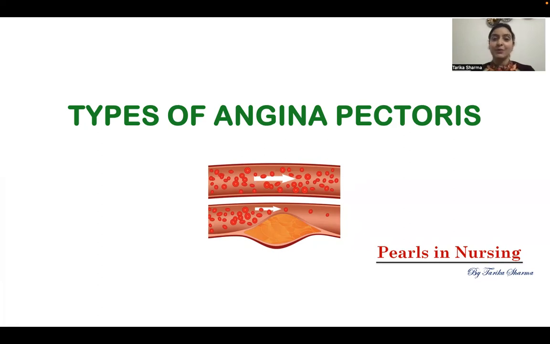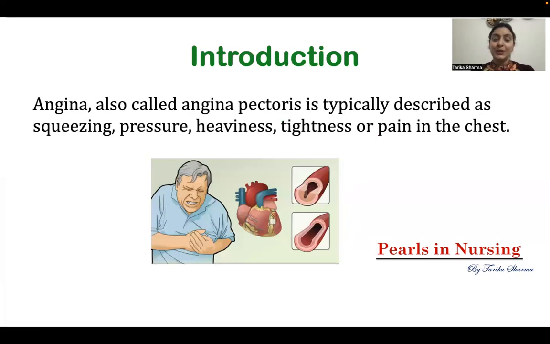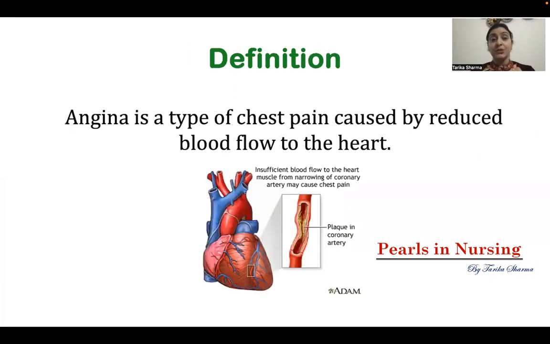Let's talk about the types of angina pectoris today. Angina pectoris is also known as angina, where a person has squeezing, pressure, heaviness, tightness, or pain in the chest. To define angina, it is a type of chest pain which is caused by reduced blood flow